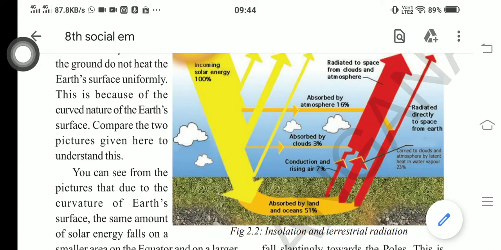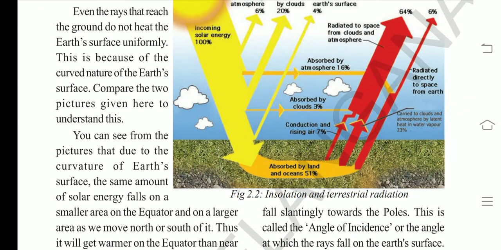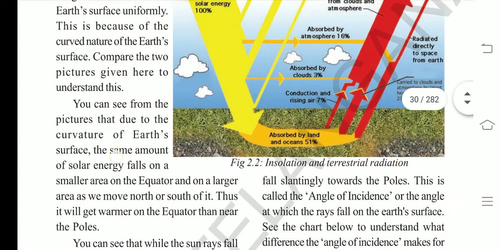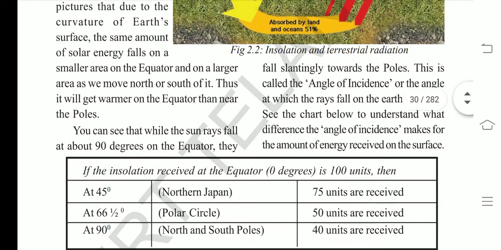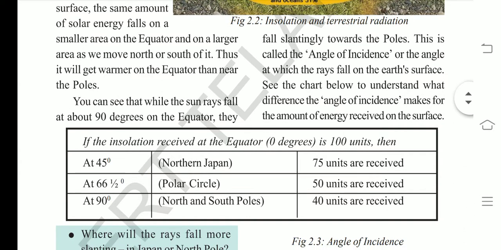So we have seen that the sun rays, when they reach the Earth's surface, depend on the nature of the surface, right? In the same manner, look here, this table shows that if the insolation received at the equator is 100 units, for example, at 0 degree latitude,